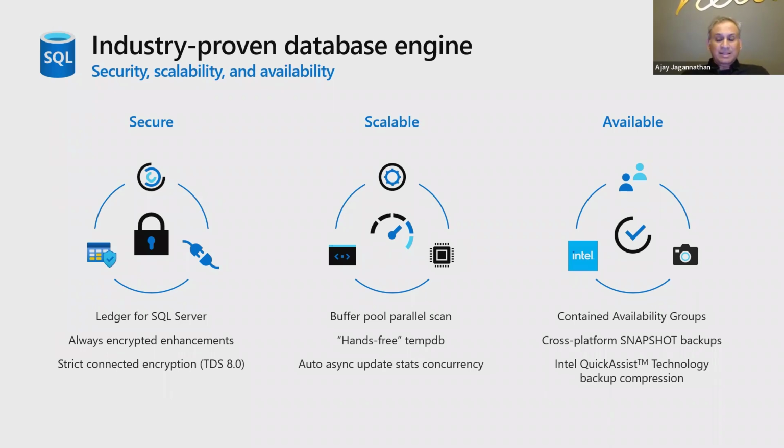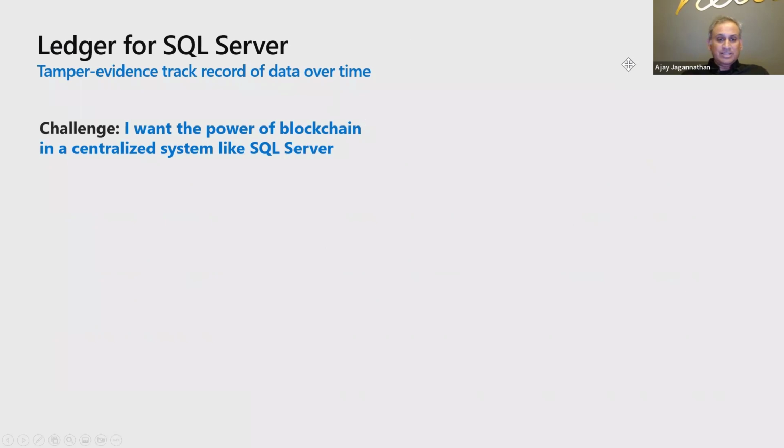So with that, let me have Bob talk deeper into one of these features with the ledger for SQL Server. Thanks, Ajay. Yeah, we have some more details even after this slide, about some even more engine features that we're doing. Maybe we should let your team do a deep dive on engine features, like part 1 and part 2, probably during this event. But I think what we're trying to do is give you at least a lot of information to make you get excited about this release, and then try to go dive deeper on what some of these things look like. I'm especially, aside in that last slide, by the way, a lot of work by David Pless on TempDB.